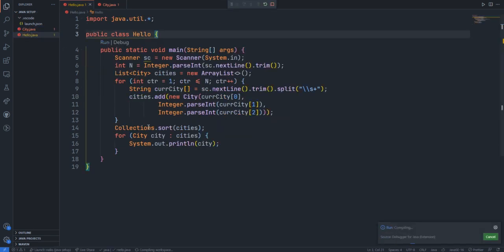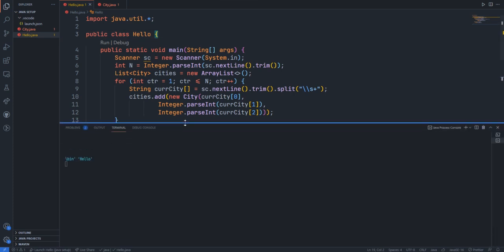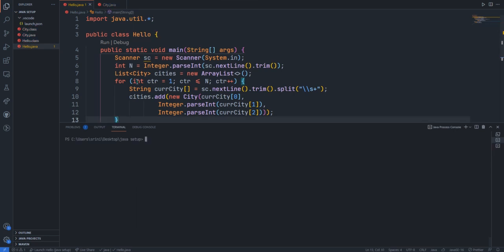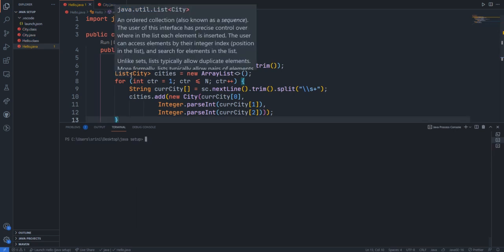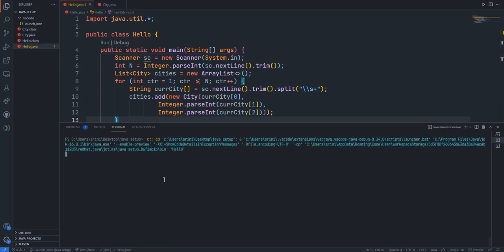Let me run this program. Hope we won't get any error. Here I'm passing city A with the counts 1 and 2. We got some error. Oh, come on, there is no error in my code. I just gave a wrong input.